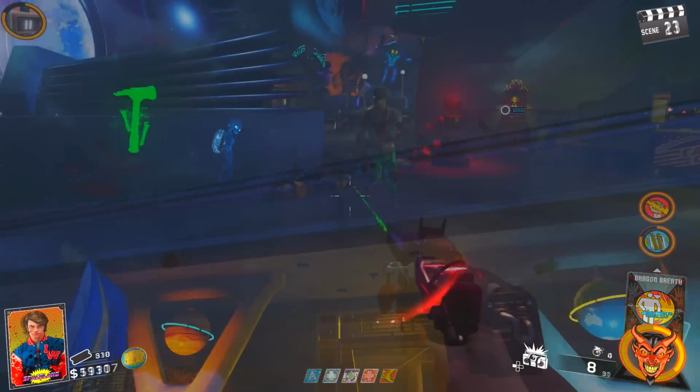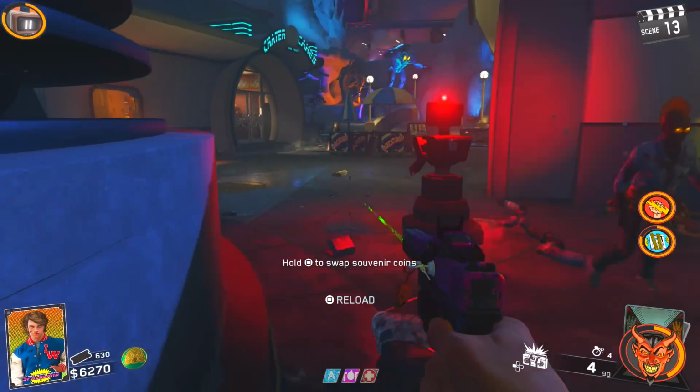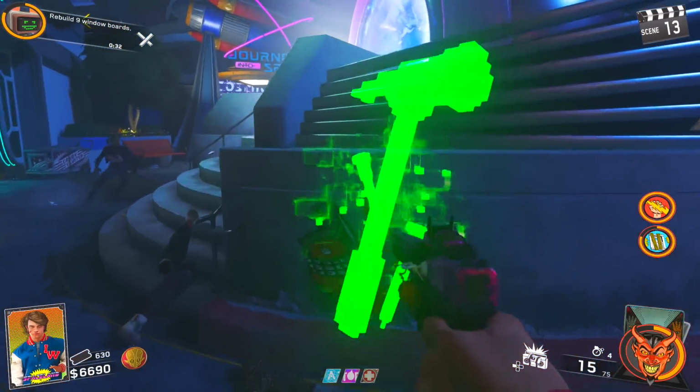Let's check it out. So right now, guys, we do have that challenge activated, but I need to go over to Neil and click him so it starts again. There we go. And we've got that carpenter drop as well. So let's check it out, dudes. Let's pick up the carpenter drop, and